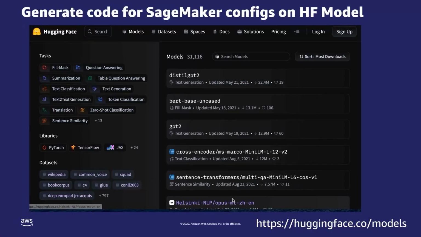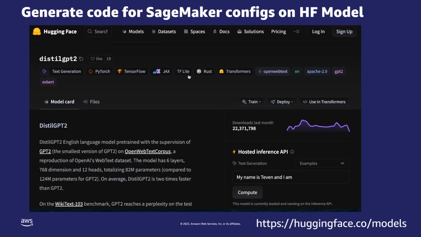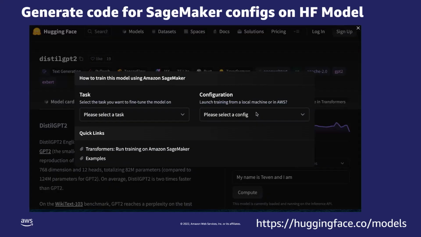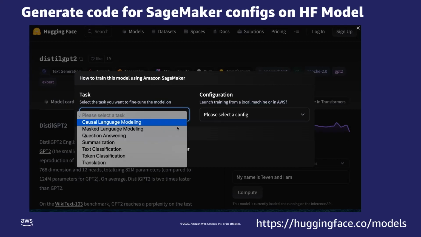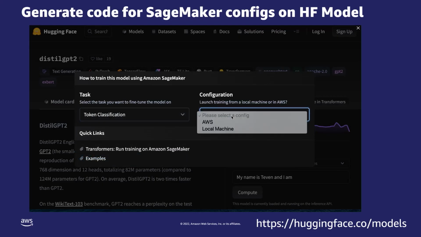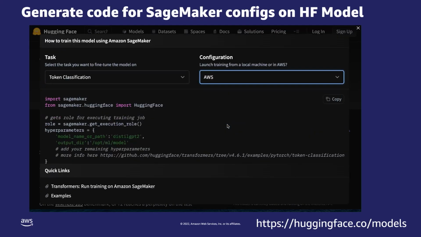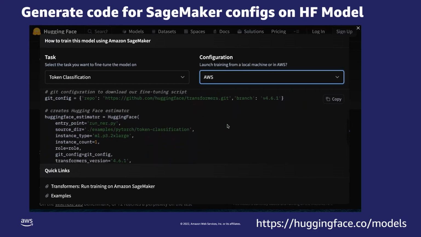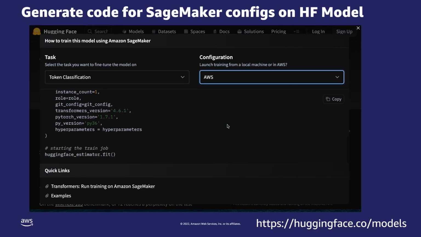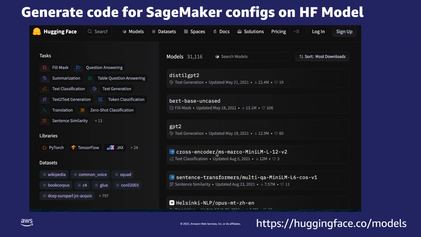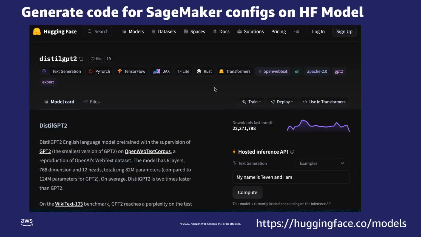If you're thinking, well, that sounds like a lot of work, how do I get that code? You can generate the code configs for SageMaker on Hugging Face. So in this little snippet here, I'm going onto the Hugging Face model site, and then again, I picked DistilGPT-2, and then you're selecting the task. So token classification, text classification, whichever you are looking for. And then you just determine if you're training from your local machine. So that means basically being on your laptop or even on Studio, like in local mode for notebook instances. And so here's another repeat on this same thing, right?